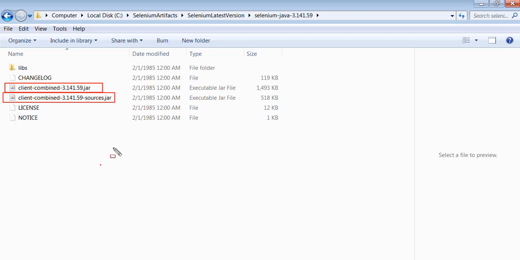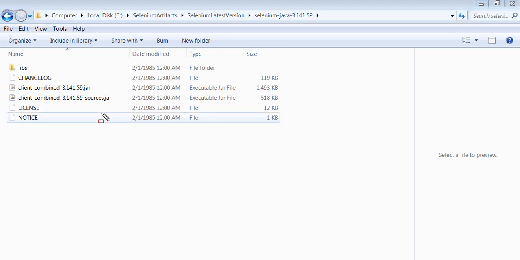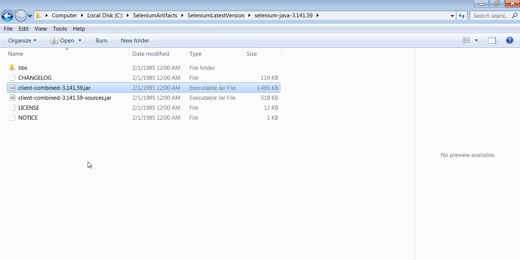We will look into these two jar files and their usage, but right now we are interested in only one jar file, which is the client-combined-3.141.59.jar file. So now we are able to download the stable version, selenium-java-3.141.59, unzip the file, and see the contents of the file.